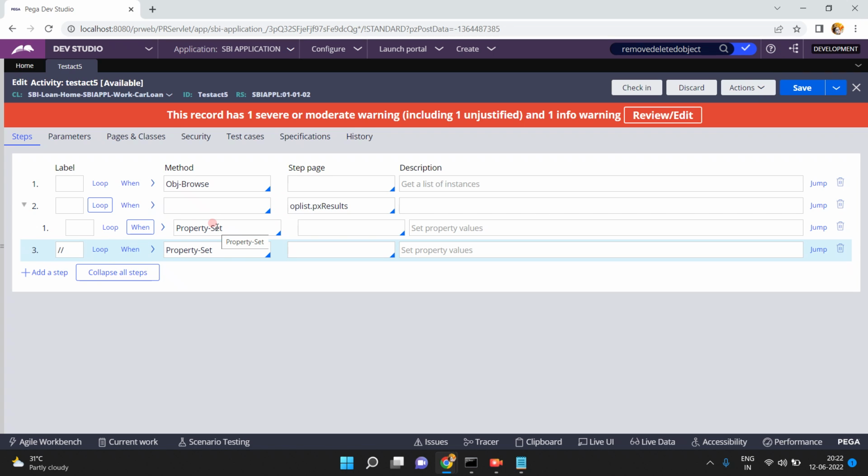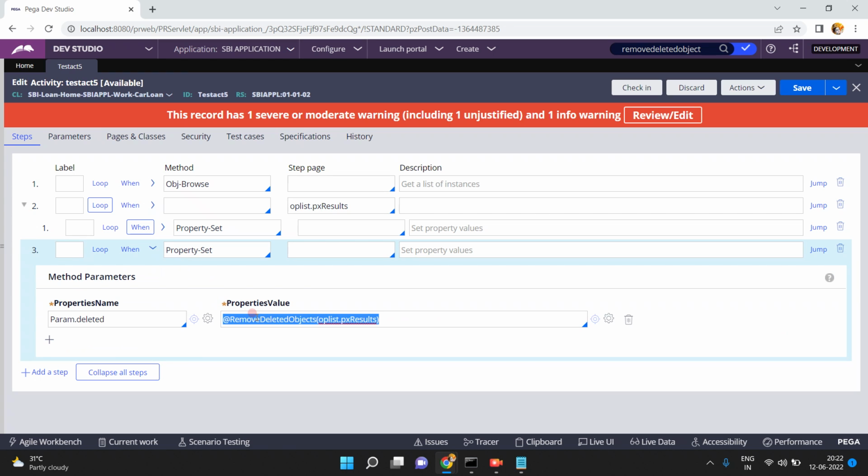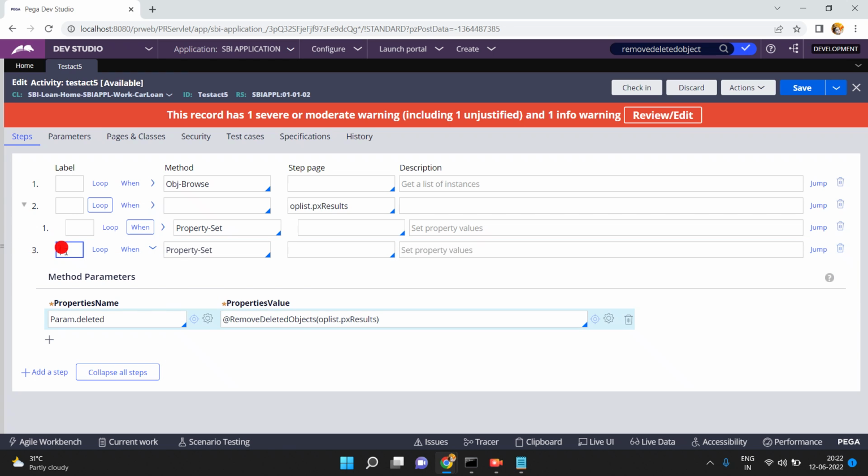Now, in the first looping, I just marked them. This page should be deleted and this page should be deleted. In the next step, I am using this OOTB function, remove deleted object, px oplist.px results. Before